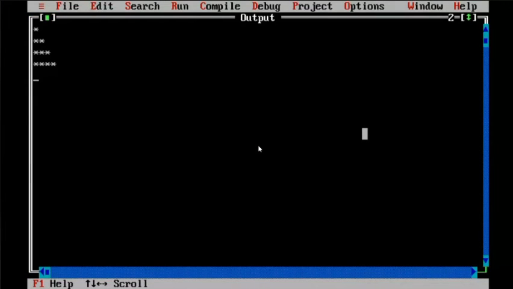See the output, how it is coming. Whether we are able to convert these values to star. First line 1, second line 2, third line 3, and fourth line 4. Is it clear? Yes, ma'am.